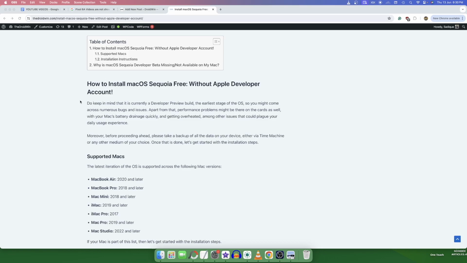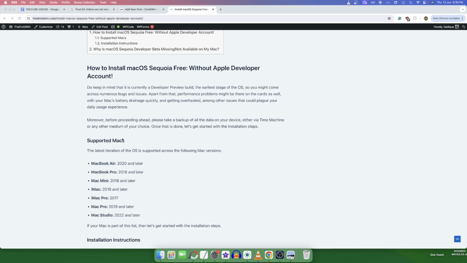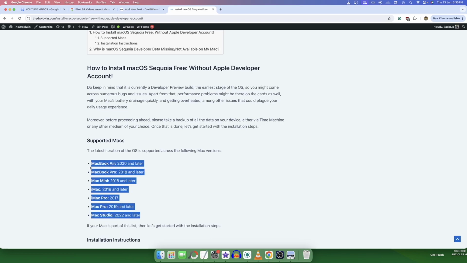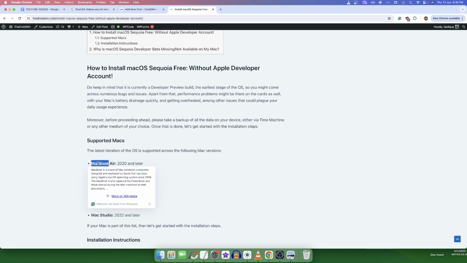Mac OS Sequoia missing from your Mac PC. I have seen quite a few reports wherein users have said that the latest Mac OS update is not available on their PC even though their Mac is a part of the supported Mac list. So please, first and foremost, go through this list and make sure that your Mac is part of this list. Even if your Mac belongs to this list and you are still not able to get hold of the latest update, then in this video I'll show you the reason for this issue and, more importantly, how to fix this. So let's get started.